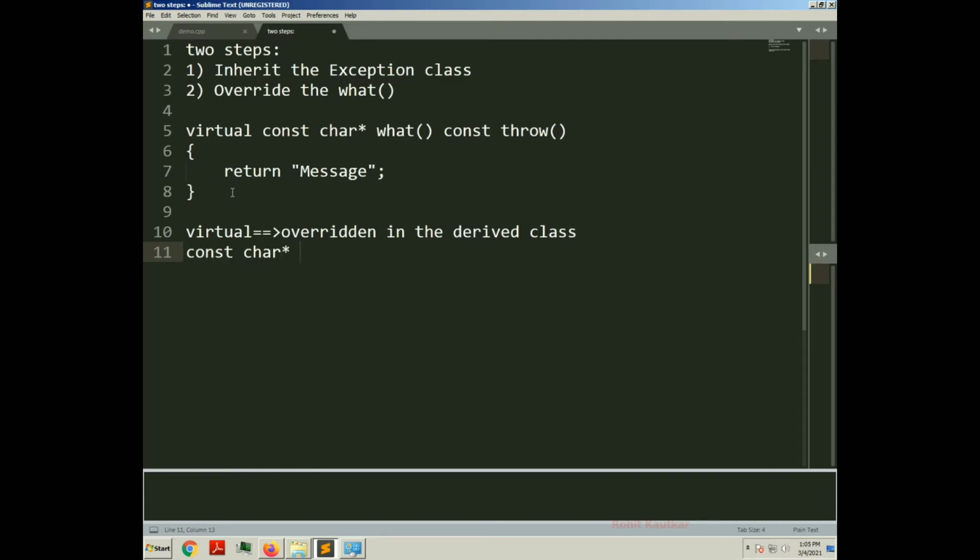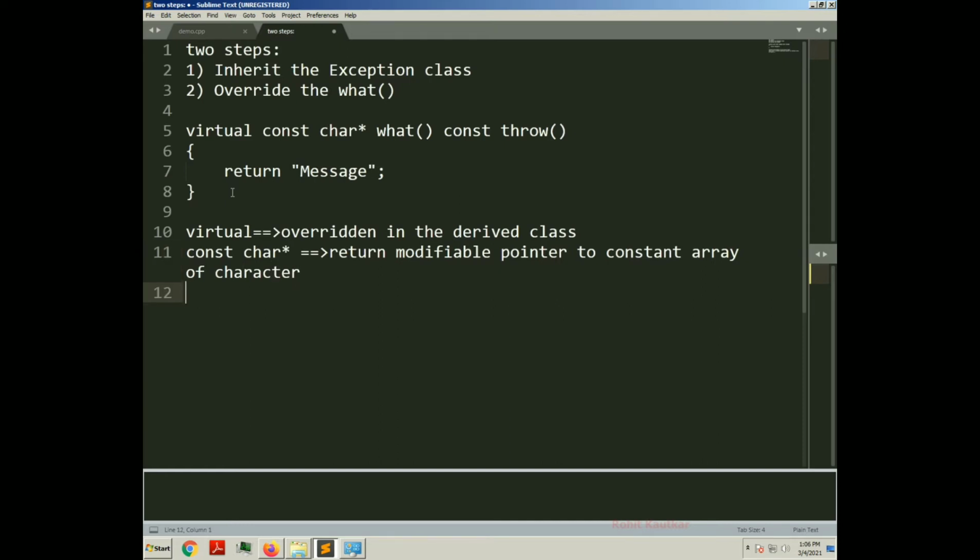Second thing, const char pointer. Now what does it mean? It means that this function returns a modifiable pointer to a constant array of characters.